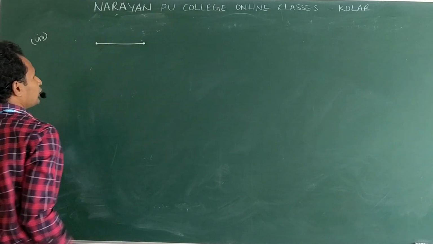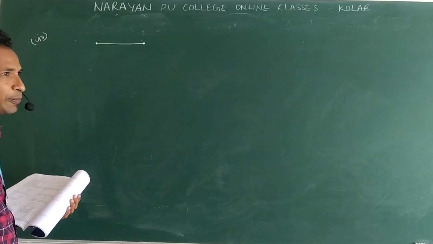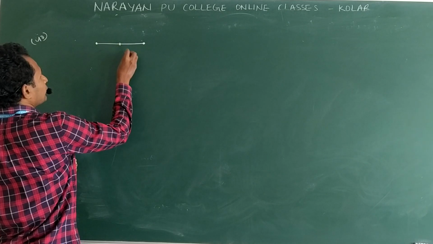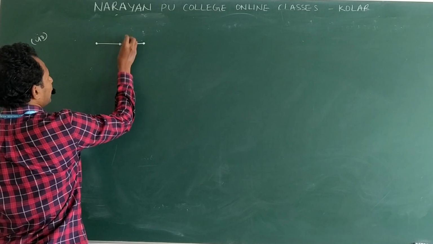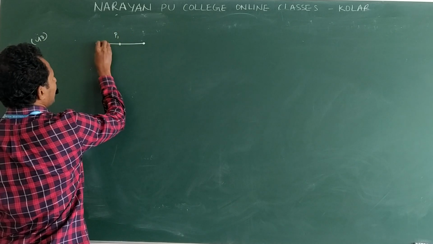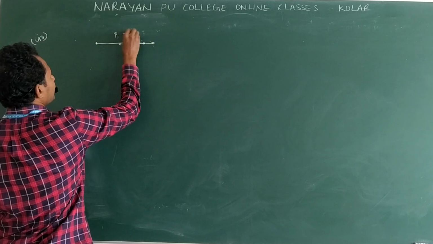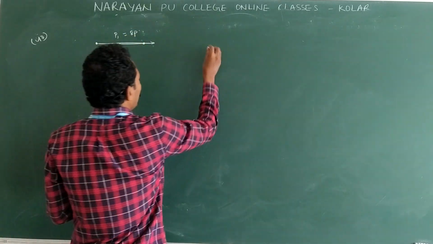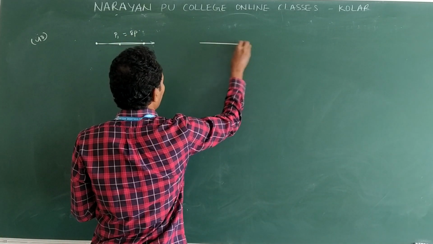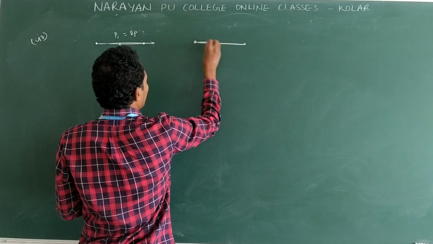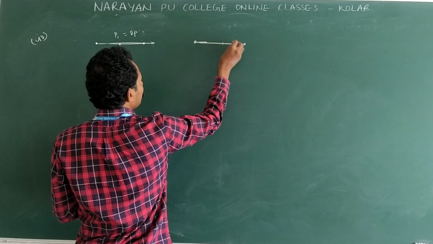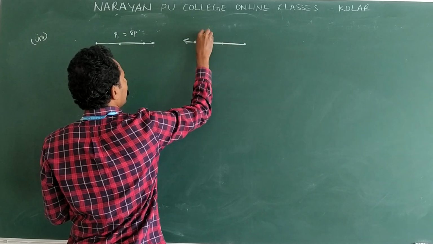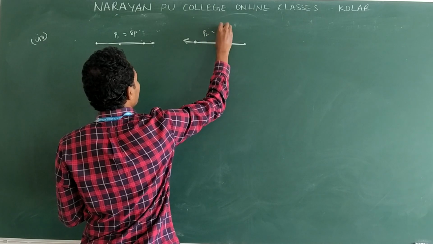Like this. These two are in opposite direction, meaning their dipole moments are in opposite direction. Let us say the first dipole center is this. This dipole moment we consider as P1, and it acts like this. Clear? This is given as 8p. Another dipole is placed, and they mentioned opposite, which means this dipole moment acts like this. Let us say P2. This is 64p.